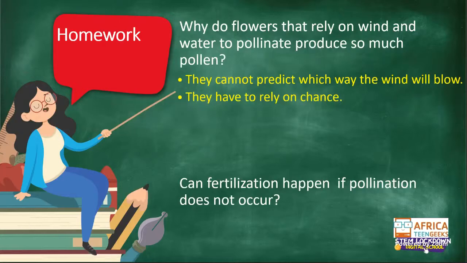The next one is they have to rely on chance. Remember we said yesterday, if you look at the behavior of animals or insects and pollinators, they are going to have to eat often. Okay, so there might be a chance that there would be a bird or an insect coming by every day, taking pollen from one flower to the next. The wind, on the other hand, a strong wind might only come past every second week, or a light breeze might only happen once or twice in a week. So in other words, the flowers need to make sure that there is enough pollen that when the wind does blow, it is getting a good dispersal of this pollen.